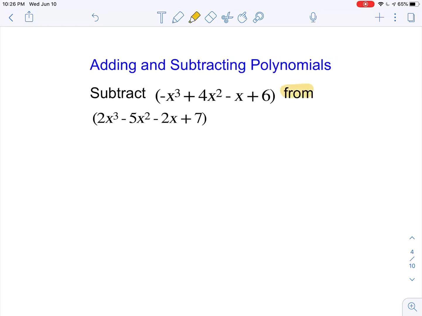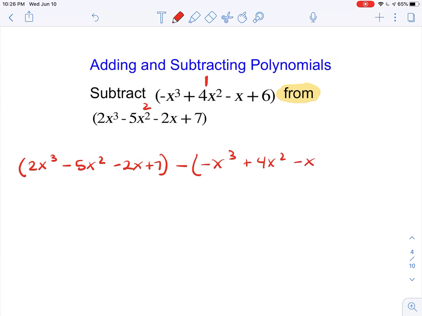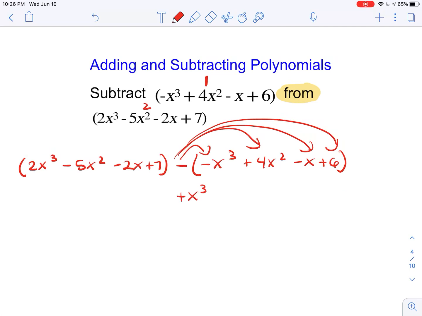Also with subtracting, we're going to subtract this first parentheses from the second parentheses. Please remember that this "from" is a key word that tells me almost like I'm switching the order, right? I'm going to take away this first parentheses from the second parentheses. So if I was going to write this in a line, I would rewrite this as 2x to the third minus 5x squared minus 2x plus 7, and subtract from it minus x cubed plus 4x squared minus x plus 6. I'm going to distribute my negatives